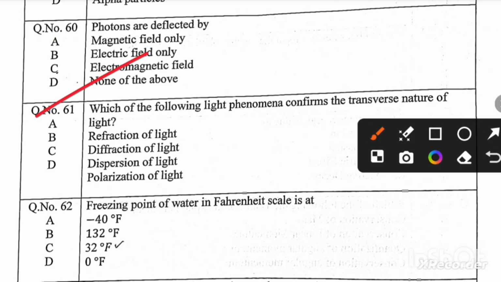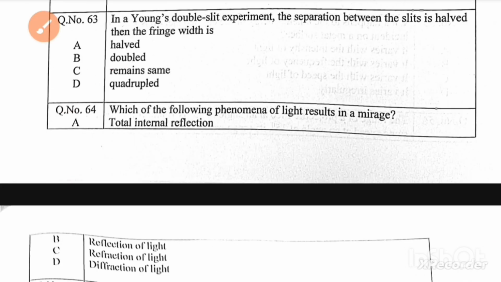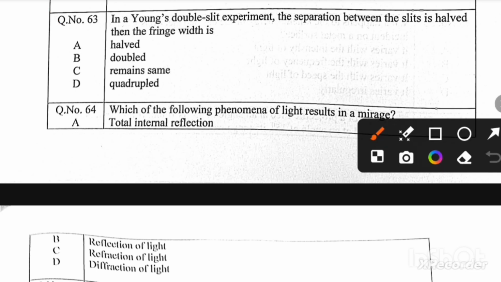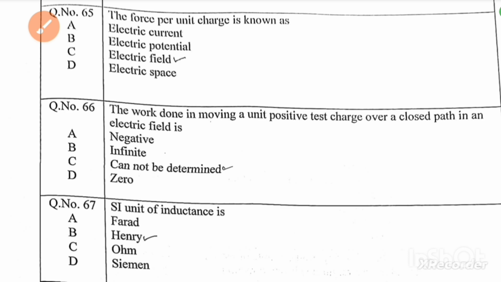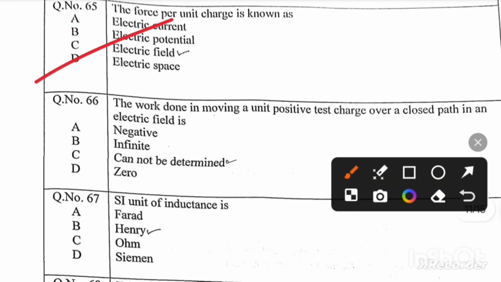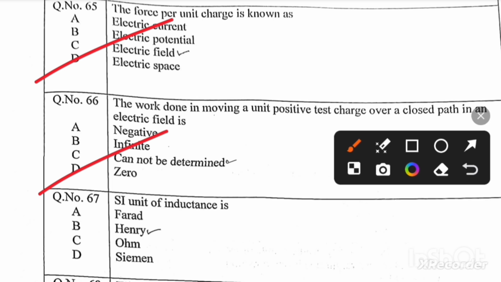Which of the following phenomena confirms the transverse nature of light? Polarization of light. Freezing point of water in Fahrenheit scale is 32 degree Fahrenheit. In a Young's double slit experiment, if the separation between the slits is halved, then the fringe width is doubled. Which of the following phenomena of light results in a mirage? Total internal reflection. The force per unit charge is known as electric field. The work done moving a unit positive test charge over a closed path in an electric field is 0. SI unit of inductance is